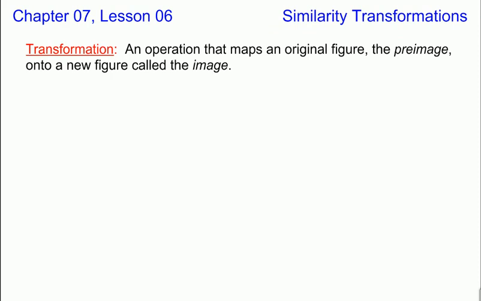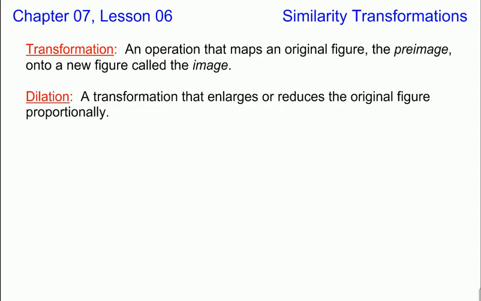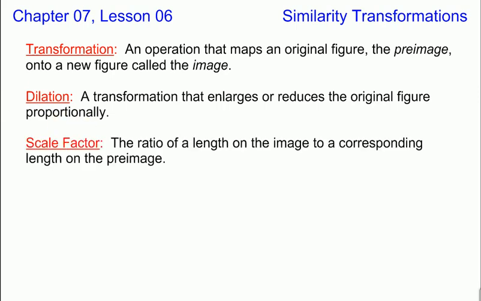Transformation is an operation that maps an original figure, or what we call the pre-image, onto a new figure, called the image. Then a dilation is a type of transformation that enlarges or reduces the original figure proportionally. Very important, this is proportionally. And then the scale factor is the ratio of a length on the image to a corresponding length of the